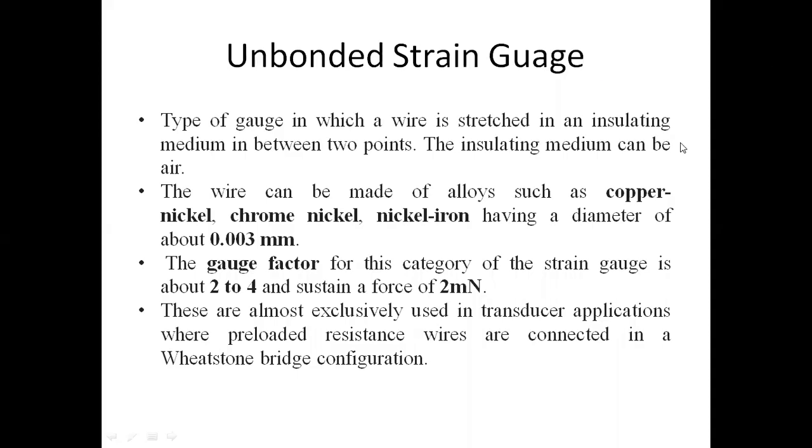So we have already seen about the strain gauge. The strain gauge is an electrical transducer which is used to measure mechanical surface tension. When we talk about the mechanism, it is completely different. The resistance change is due to the change in electron and hole mobility in a crystal structure when we have a strain on it.